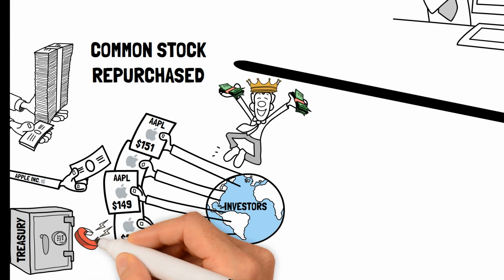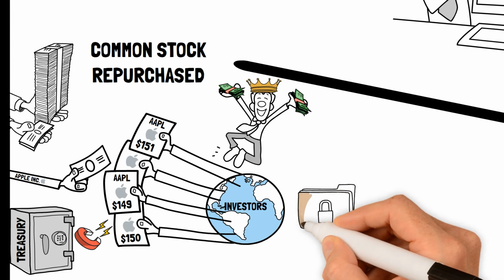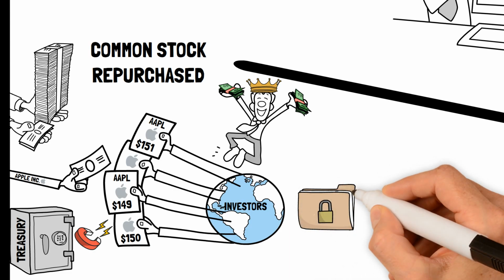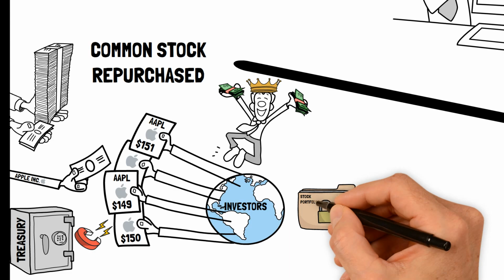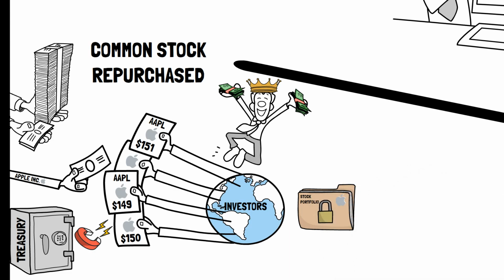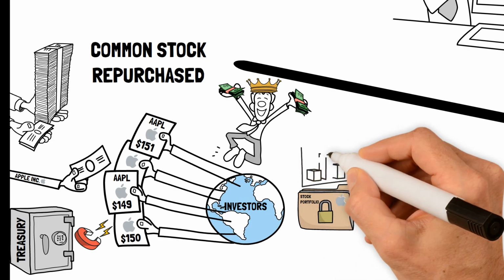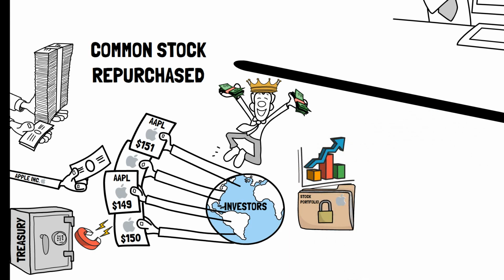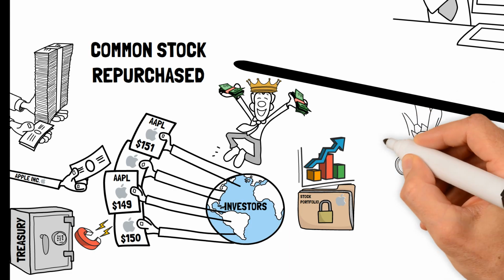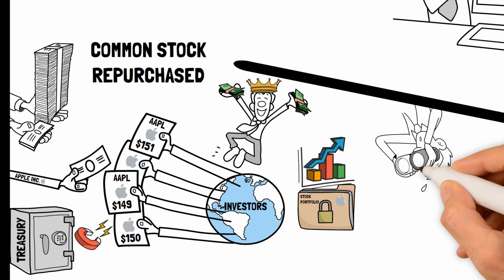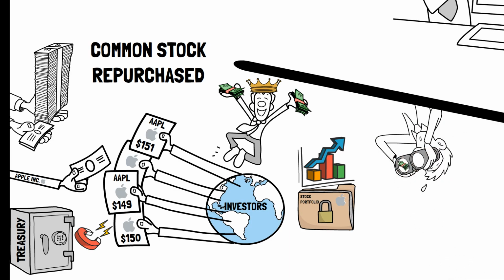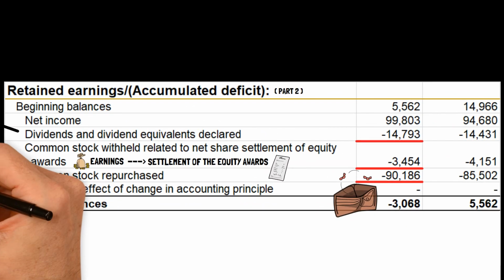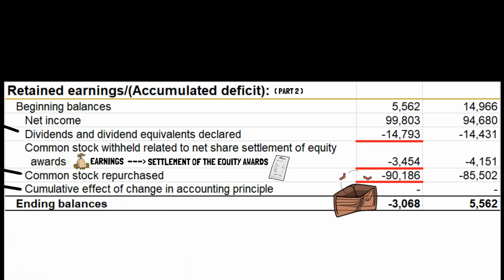By repurchasing its shares, Apple reduces the number of outstanding shares in the market, which often leads to an increase in the stock's price due to the dynamics of supply and demand. This can benefit the remaining shareholders, as their shares may become more valuable. Additionally, the reduced share count can improve financial ratios such as earnings per share (EPS), making the company appear more attractive to investors. The last row in the second part of Apple's shareholders' equity represents the cumulative effect of change